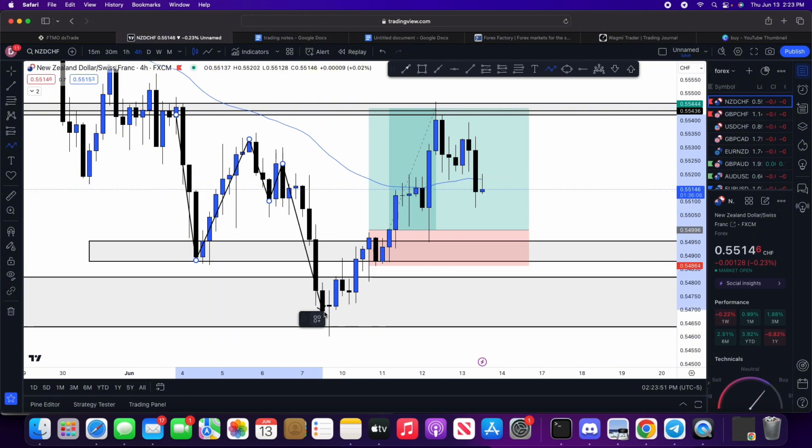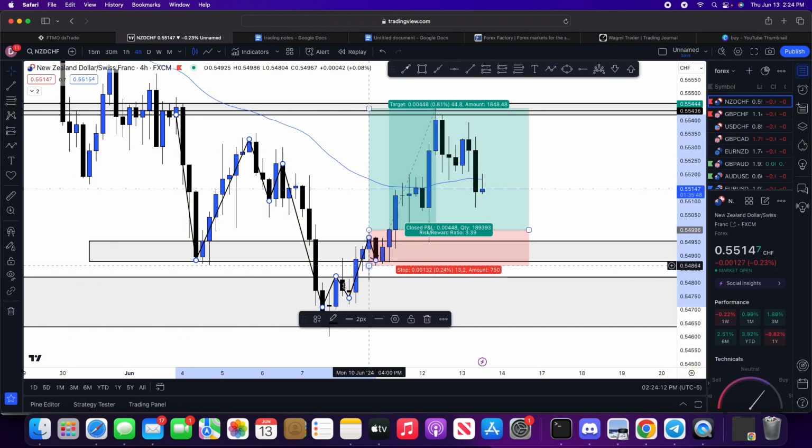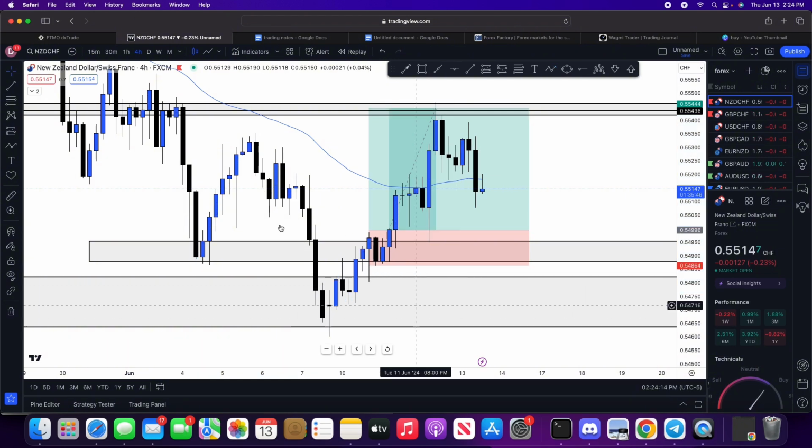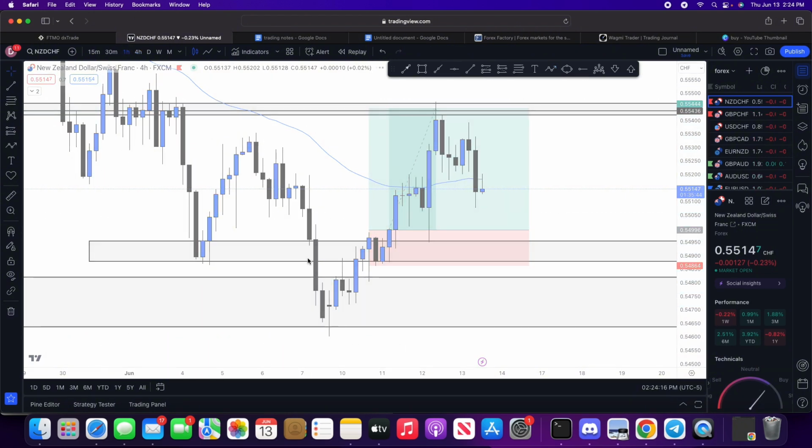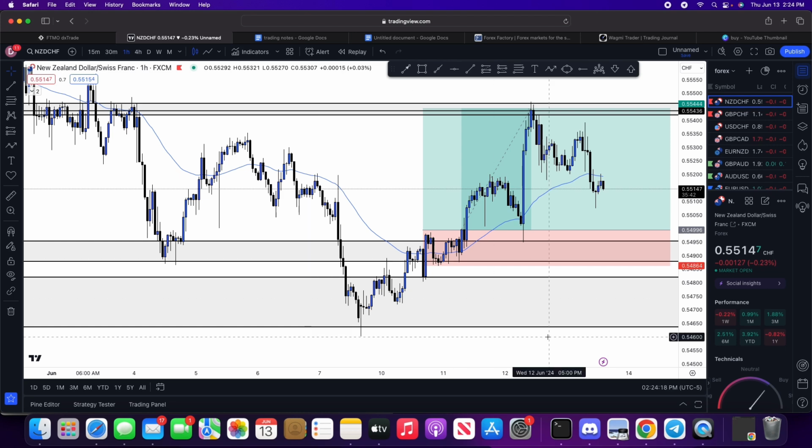Eventually, we do break this lower low, and right here, this lower low, and then we start trending in the upwards direction. Now, I know I just said that, hey, I'm not waiting. I'm waiting until we break these lower lows, lower highs, and potential lower high, lower low. This is where I start going down to the smaller time frames. I go down to the 1 hour. The 1 hour is actually where I took the trade.